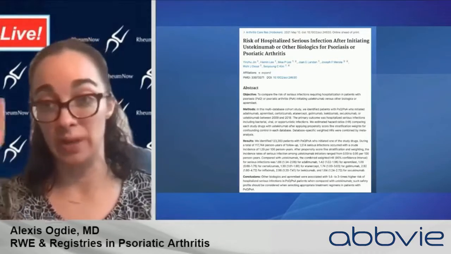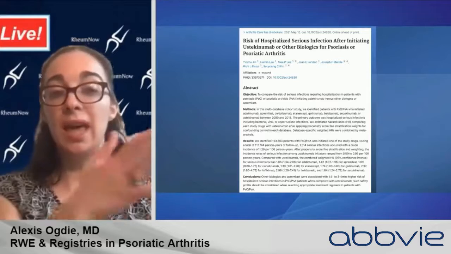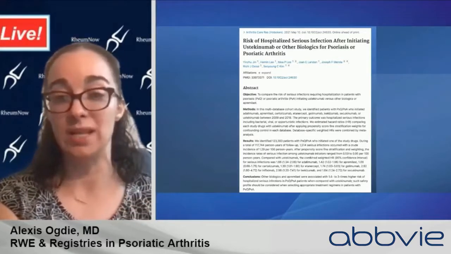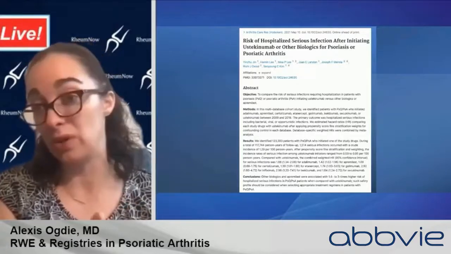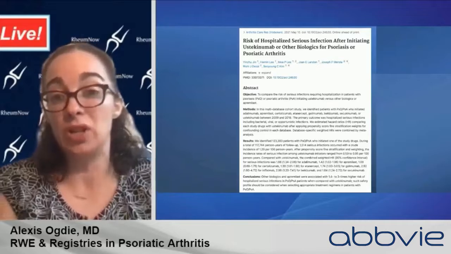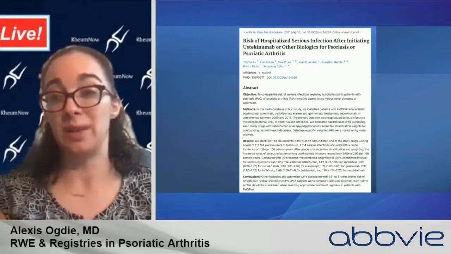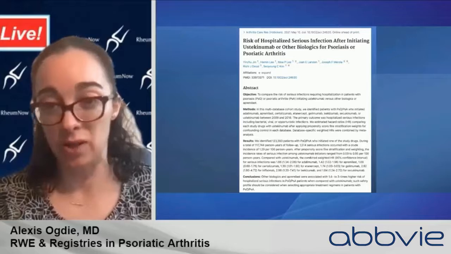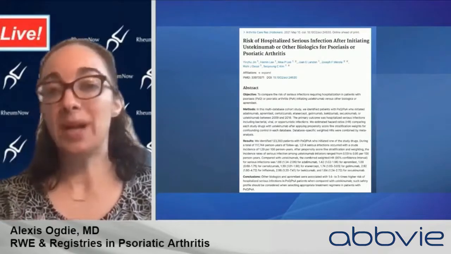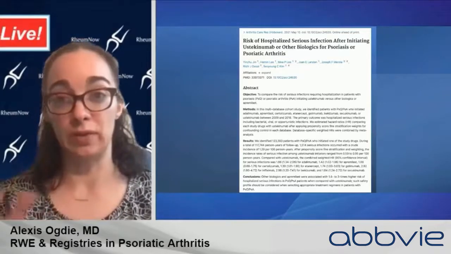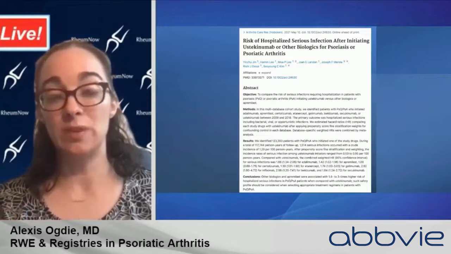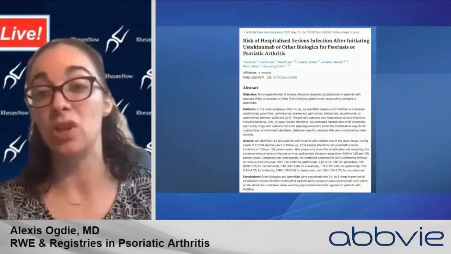We know it's related to infection because of the coding for the hospitalization. And they've done validation studies to look at the code for psoriasis and psoriatic arthritis to make sure that we're actually studying the right population. And then with drugs, you actually know that they got the drug because there was a claim paid for the drug. So we have good capture of how often people are taking these drugs. I'm going to come back to some other issues with comparing different drugs to one another in these types of data sets. But one of the nice perks of these databases is that you can get the large numbers needed